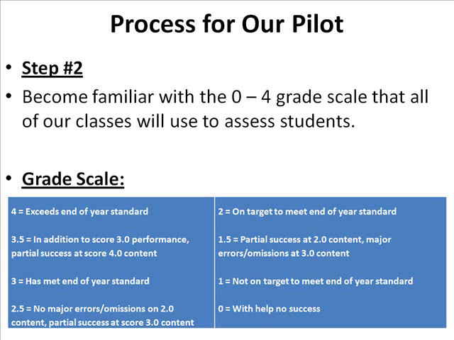That doesn't mean in 2 to 3 years we'll be using standards-based grading in the middle school, but it just means there will be a grade of students who will be familiar with this. Basically, if you look at your grade scale, you will see what a 4 means. It means that you have exceeded the end of the year standard, and then a 3.5 means you've had partial success at 4, but you are definitely above just having met the year standard.